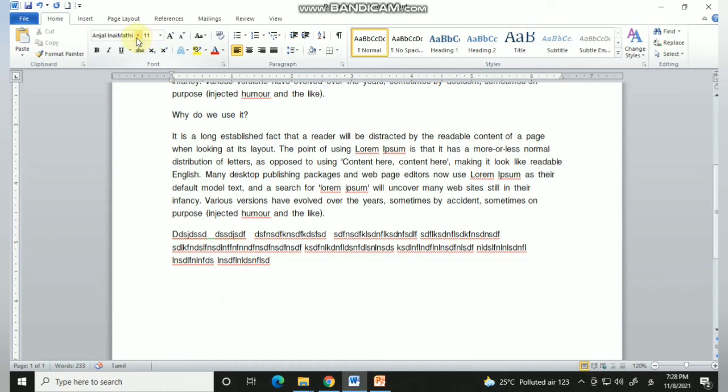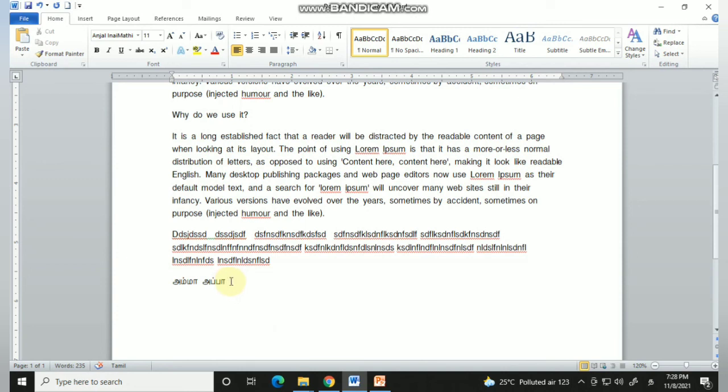You have to choose the font name here, which is Anjal Inaimadi. Now I am going to type AMMA. I just typed in English, but it is automatically getting converted into Tamil. Then if I type father, APPA, it is automatically getting converted into Tamil. This is the main use of the Tamil interface.